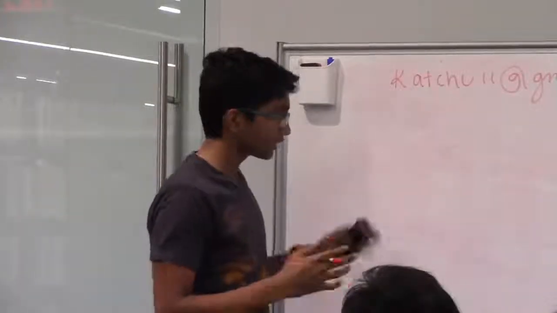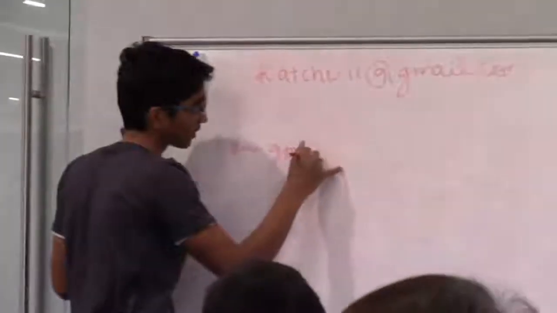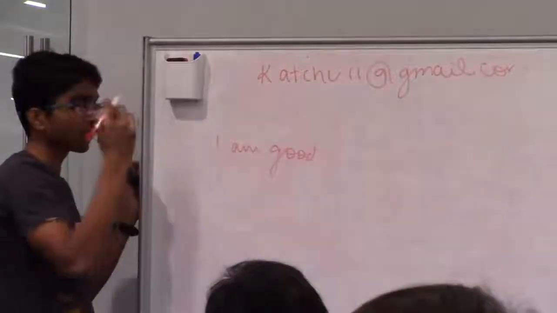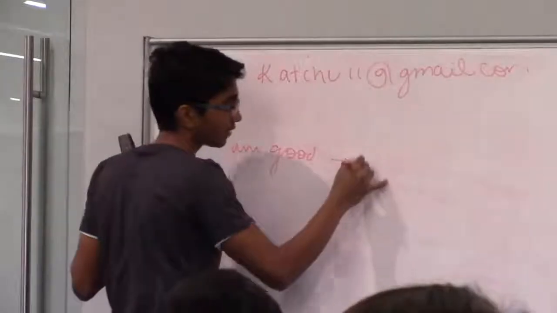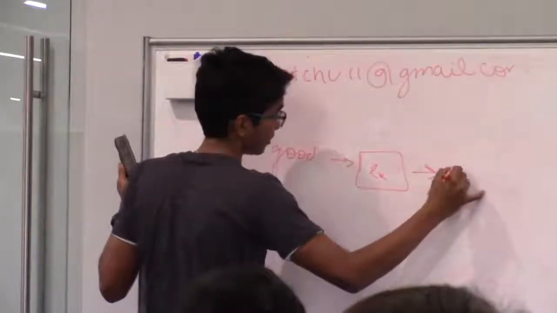Okay, so let's go back to text. I am good. And to anybody who's bilingual, this should be like a joke, right? You're not even thinking about this. But how exactly do we represent that? So that goes to our, let's say, language X, and then it goes to our,